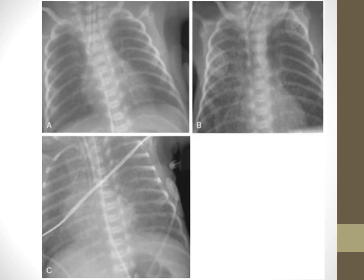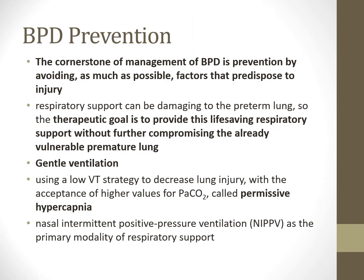And this is the clinical progression of BPD. You sort of see the upper left corner here, where this kid, I think, yeah, that's still an ET tube. Oh heavens, we'll have to comment on these. On that last x-ray, you can see the top left was sort of the beginning, top right was middle, and bottom left was sort of it progressing. The ET tube position was a little off in those x-rays, and that's something we'll have to talk about